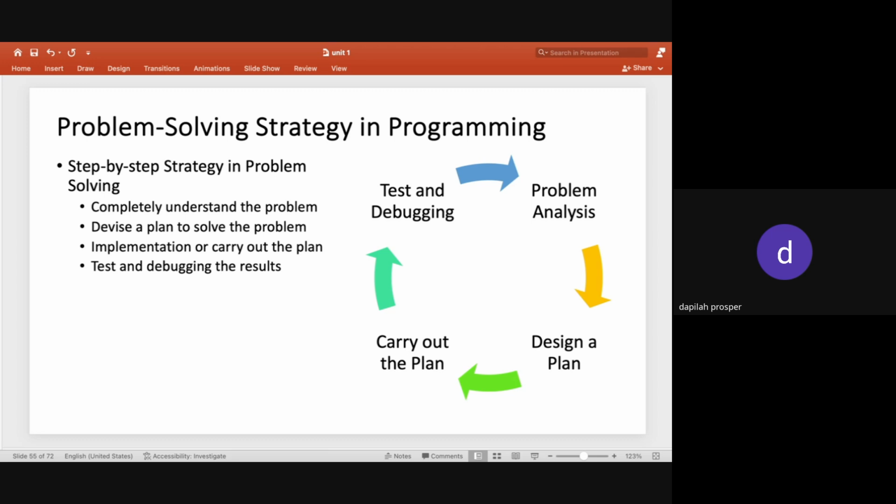So my PC was having a problem. It always boots on the way and then stops. So that was a problem. I was analyzing the problem, and according to my analysis, I was predicting that it would either be from the RAM or from the operating system. So I designed a plan to solve the problem. One was removing or changing the RAM. The second plan was to clean it, and if it doesn't work, then I'll change it. If it doesn't work, then I'll work on the operating system. If it doesn't work, it means I have to send it to a specialist. That was the plan I designed in order to solve the booting problem.